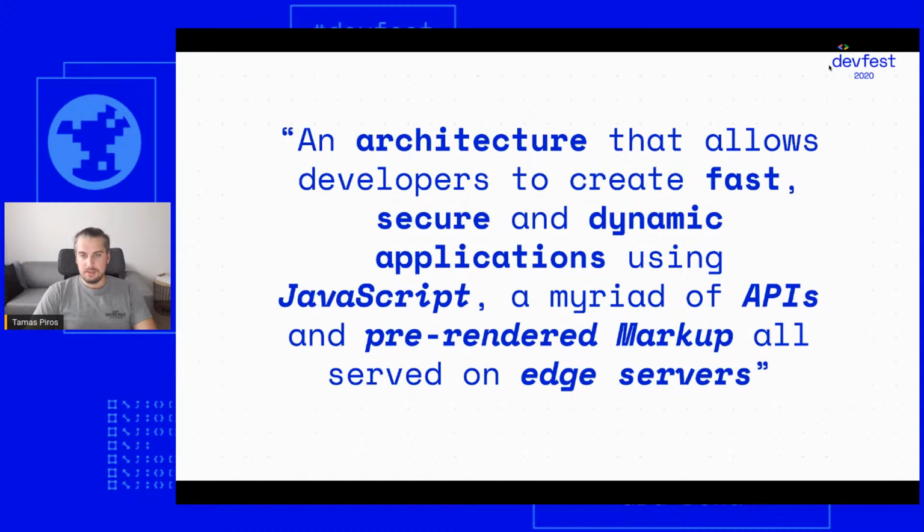It's very important that it's pre-rendered or pre-built markup that we're talking about here. And the last key bit is that a Jamstack site runs on edge servers. For those of you who are not really familiar with what an edge server is and what an origin server is,